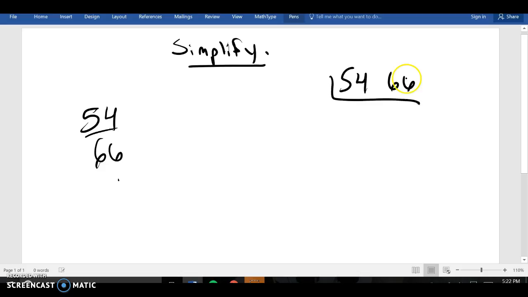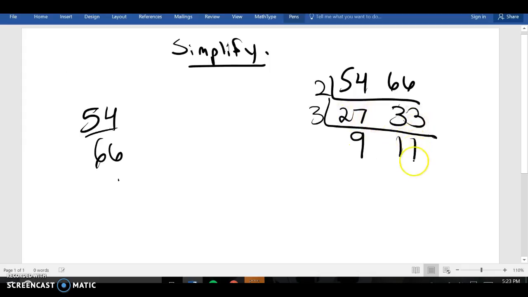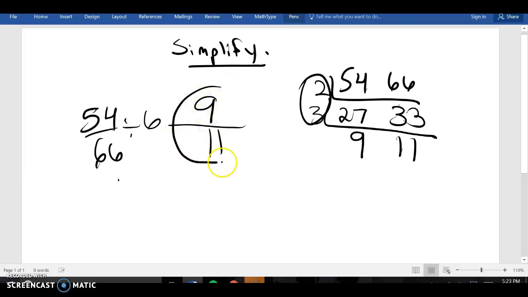54/66, get 2, and that's going to be 27 over 33, and there's those 3's coming in again, 3, this is going to be 9/11. Okay, so the biggest number we can divide this by is our GCF, which is 2 times 3, which is 6. 9/11ths